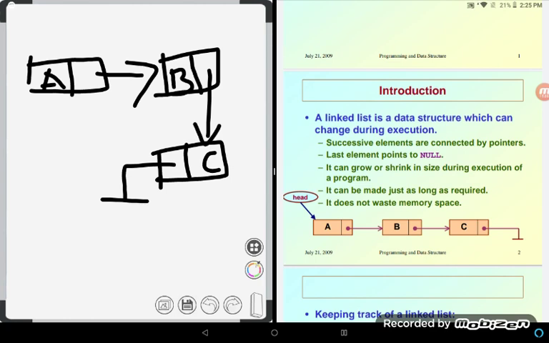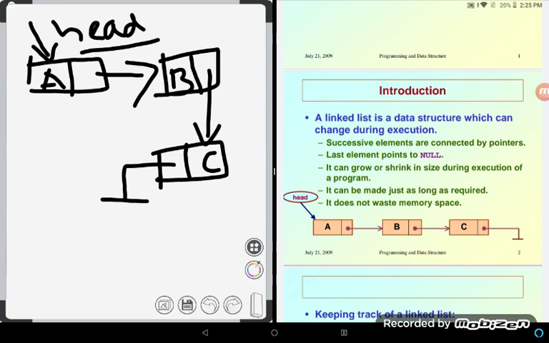The first element will have a special pointer, called head. The head pointer will always be pointing to the first element.